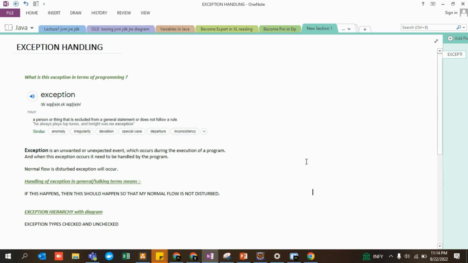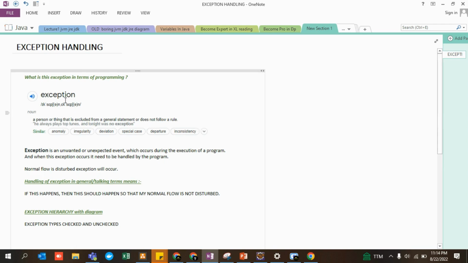So first of all, we need to understand what this exception is all about. If I say that Rahul, Mohan, Alex, Jennifer are coming to my party, except Mohit and Alex, or anyone, let's say, it means that Mohit and Alex are exempted. They are not allowed to enter the party, right? Which means that in normal language, exception basically means that you are exempted from something. You are not allowed, right?